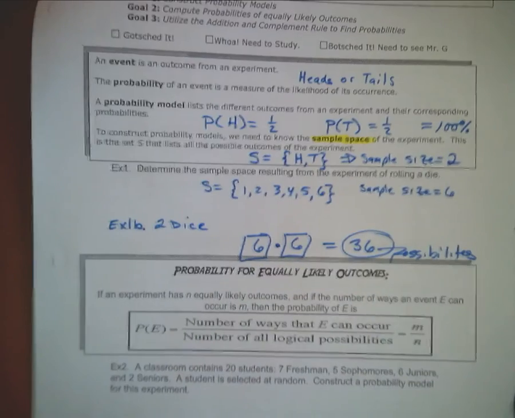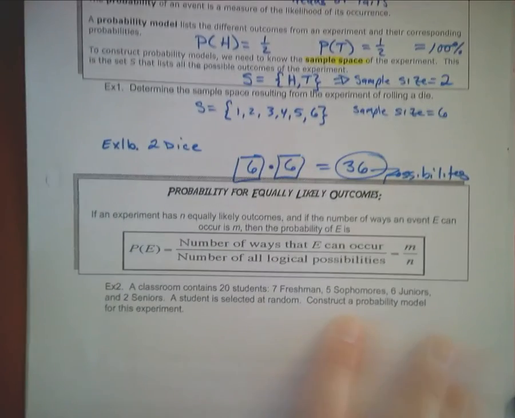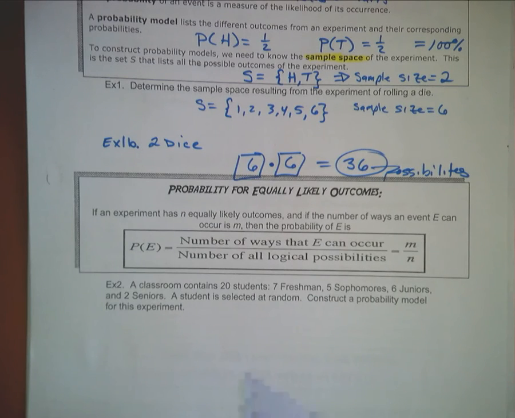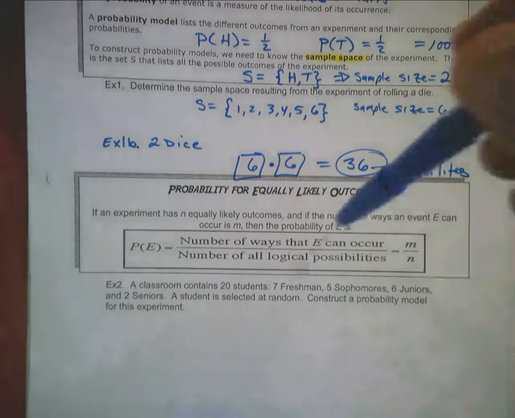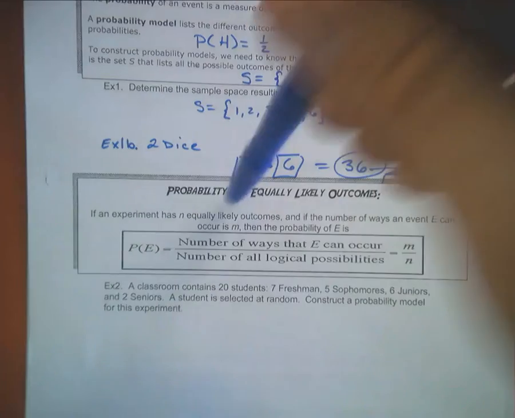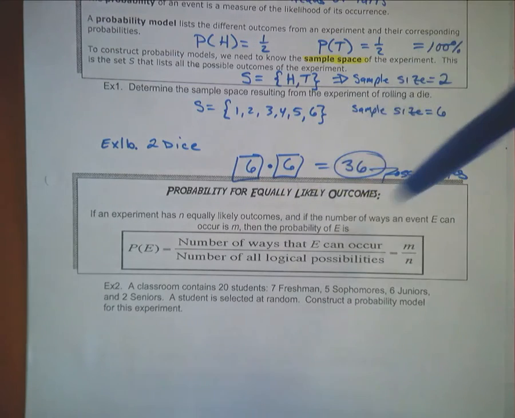All right, so let's move on to the next part. It says here probability for equally likely outcomes. Pretty easy stuff. It says in an experiment, n equally likely outcomes. If the number n is the equally likely outcomes, and if the number of ways an event E can occur is m, then the probability of E is